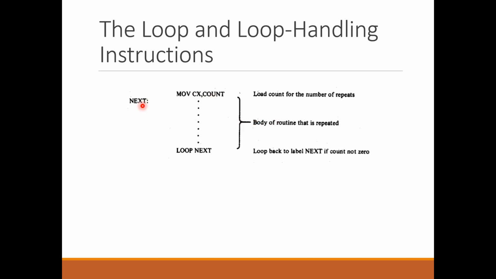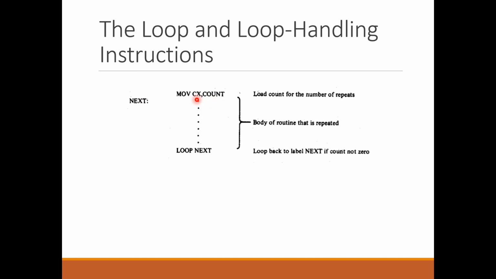This is the label we are going to jump to, and whatever is inside this label is repeated as many times as the counter specifies. Whenever those instructions are executed, it comes to this point, LOOP next, and goes back to next. This iteration is repeated until the value of CX becomes